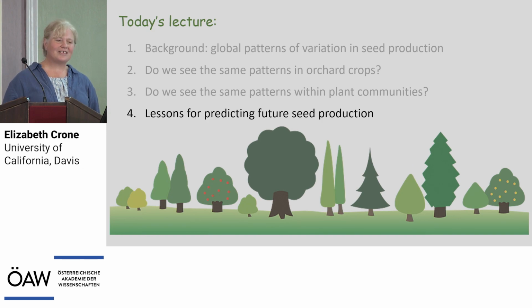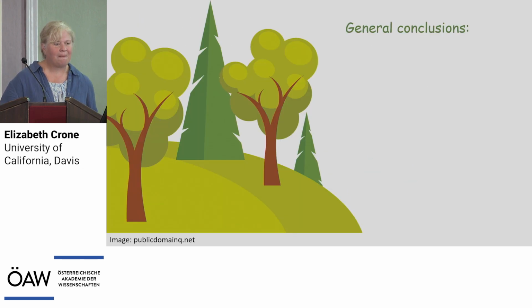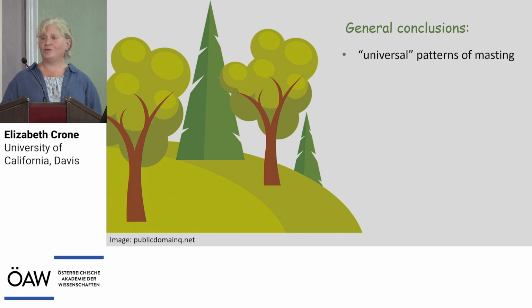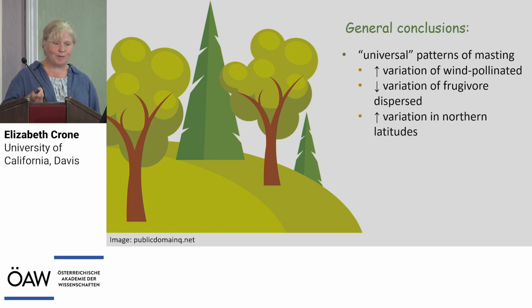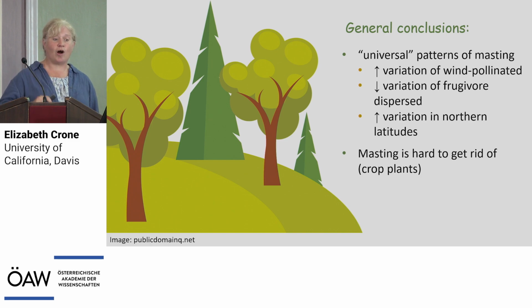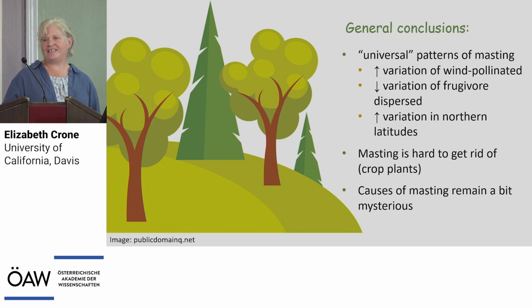So, what are some lessons that we've learned in this talk? The general conclusions that I will give you are, first, there are these universal patterns of masting. The global patterns are surprisingly consistent. Increased variation of wind-pollinated species, decreased variation of frugivore dispersed species, and increased variation at least at mid, if not northern latitudes. Masting is also hard to get rid of. We learned that from the crop plants. But the causes remain a bit mysterious, even for these well-established global patterns,